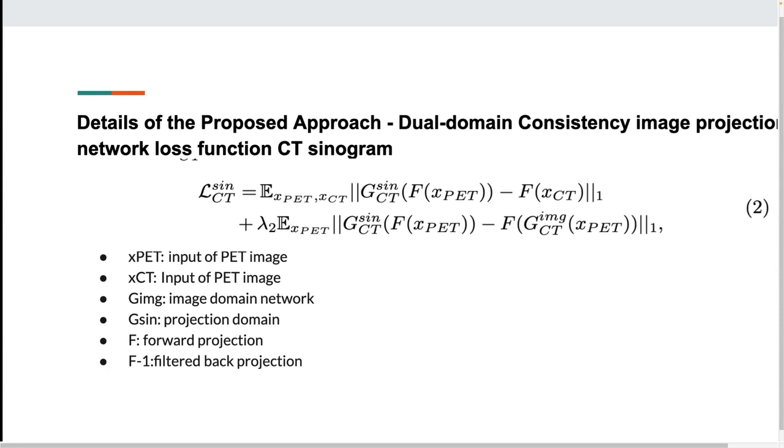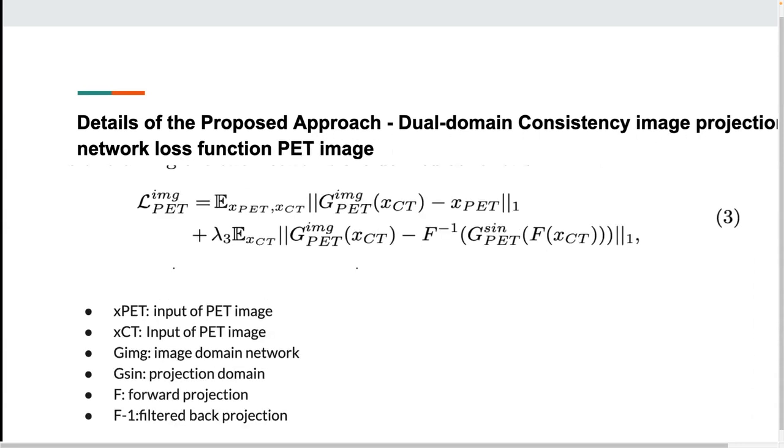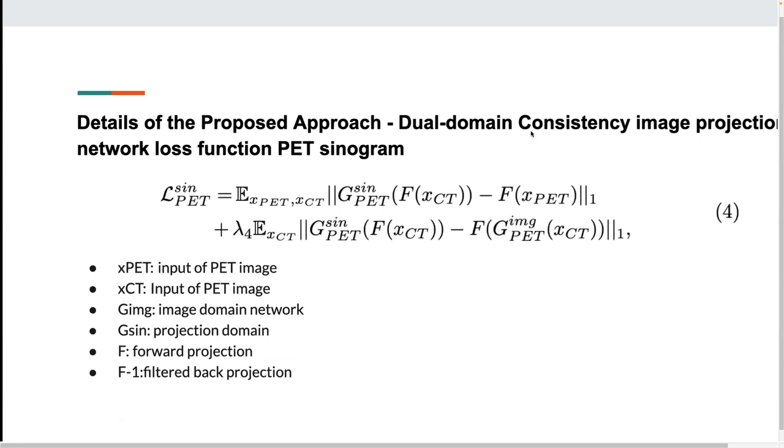One for the image projections using the CT images. The second one, they use the image projection for the PET images. And the third one, they use the image projection for the PET sinograms, and also,